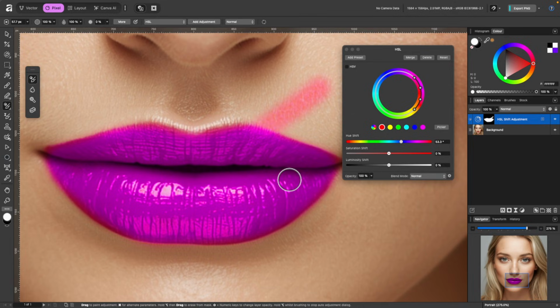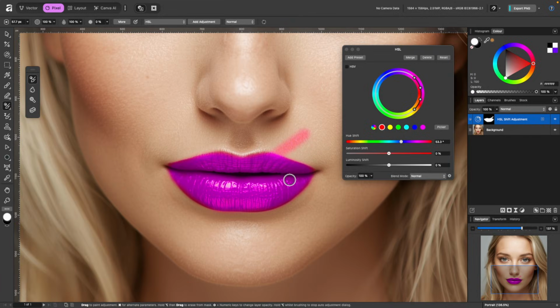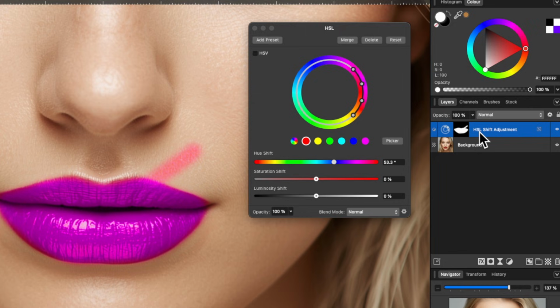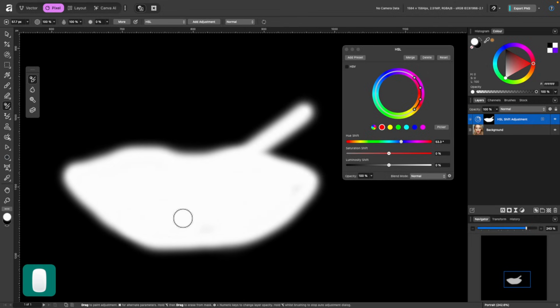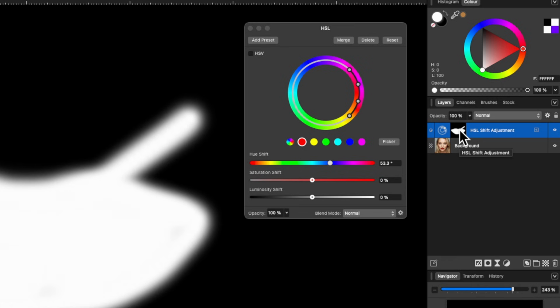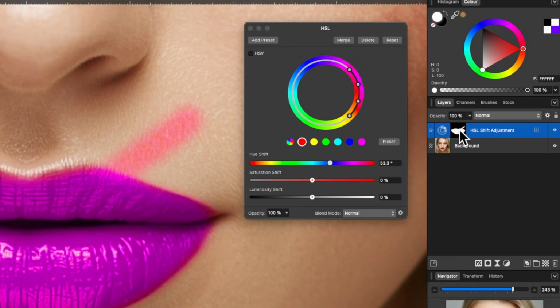So basically this is a non-destructive edit, which means I can actually erase any mistakes I've made very easily anytime I want. So if we look in the layers panel, we have our HSL shift adjustment applied just because I was painting it. And if I want to concentrate on just the mask and not the whole image, I can just hold down Option or Alt on the keyboard and click on this mask layer here. And now we'll see what I've actually painted or what I've left out. So I'll just fill in those little areas there. And then I can go back over to it, hold Option or Alt, and click once, and we're back.